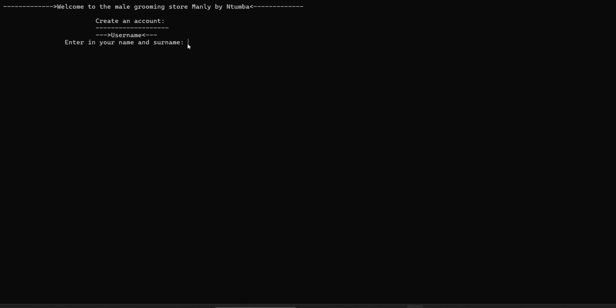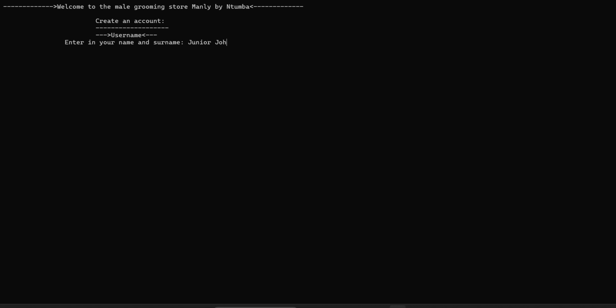I'm presenting a piece of code that's meant to simulate an e-commerce store. Here we are at the beginning of the execution of this piece of code. And so now I'm going to give a welcoming message as well as the title. And now following that will be the chance for the user to create an account so they can access the functionality of the store. Suppose my name is